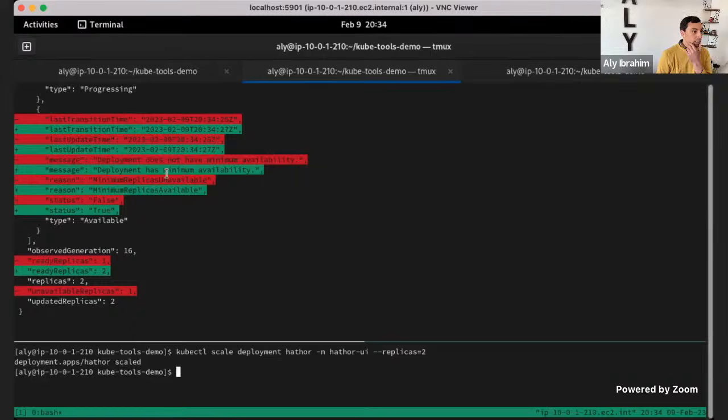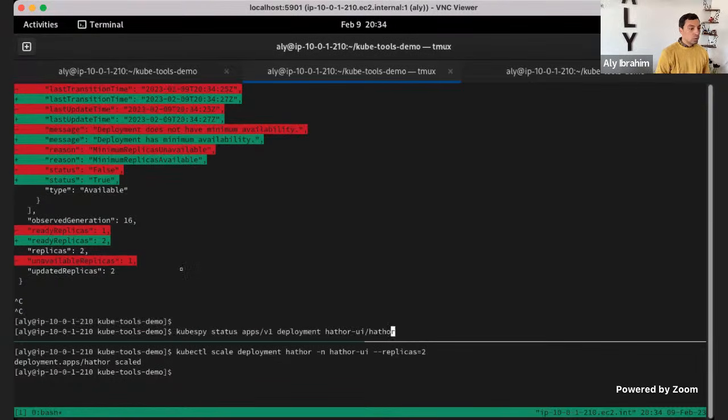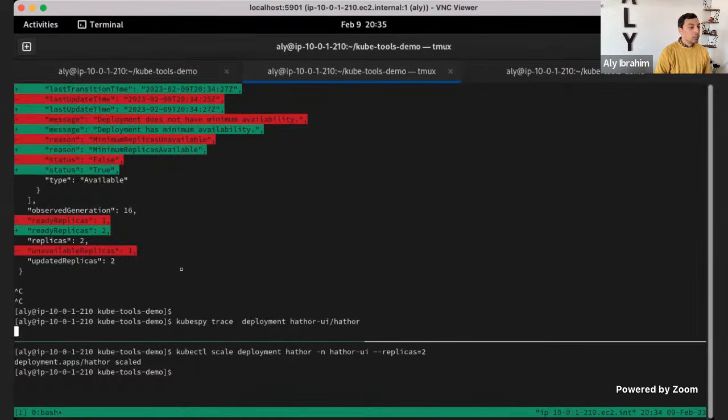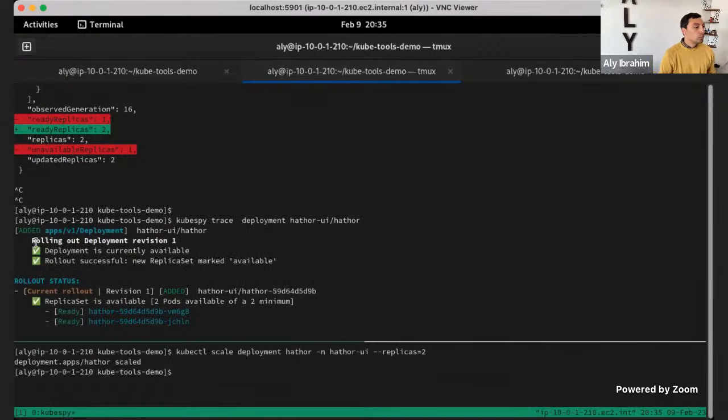It shows you that something has been changed, removed, and this was added. So it's giving you what's happening in the status of any of your things. This is good, but I really like tracing better. Tracing not just shows you what's happening, but if we do the same thing with trace, we can see the deployment has been rolled out successfully.